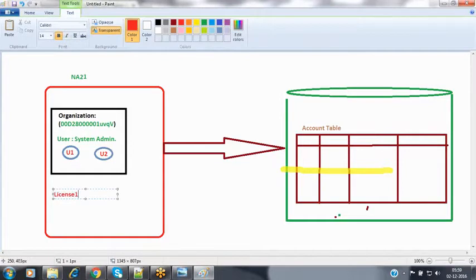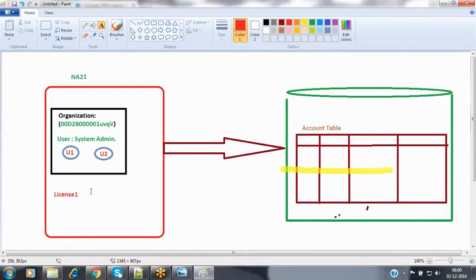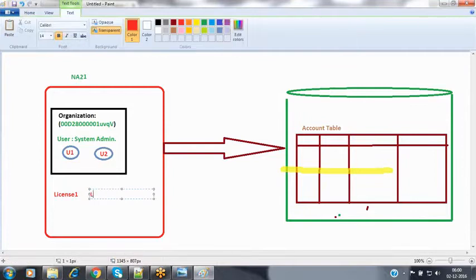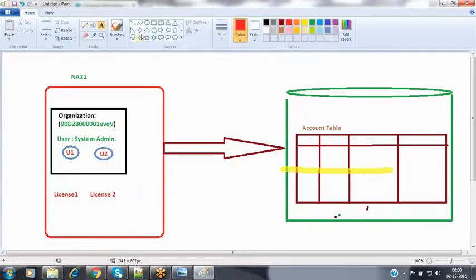Assume that I have license 1 and license 2. These licenses we associate with these particular users. License 1 will be associated to user 1 and license 2 will be associated to user 2.